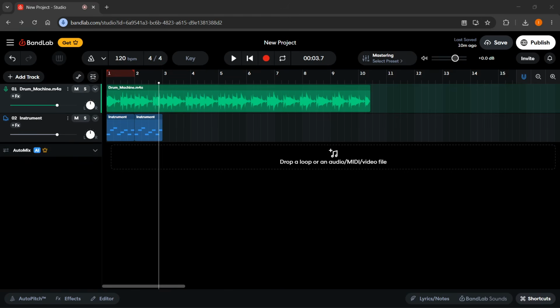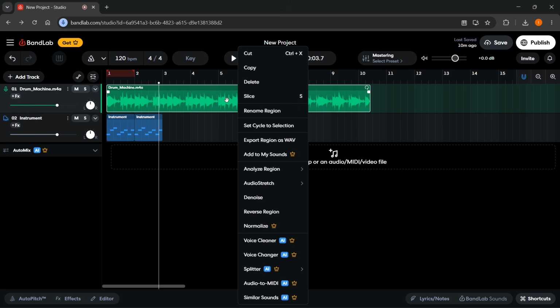In this video, I'm going to show you how to normalize audio in BandLab. Now to do this, you want to open the project where you have the audio you want to normalize. You want to simply click on the audio to select it, then right click and click on